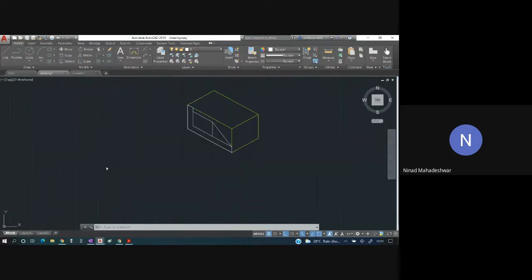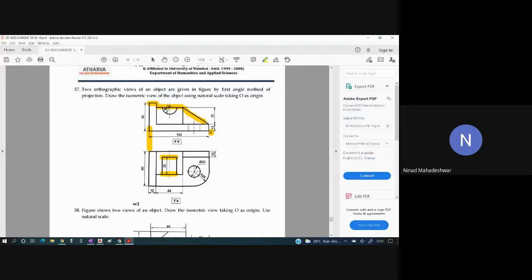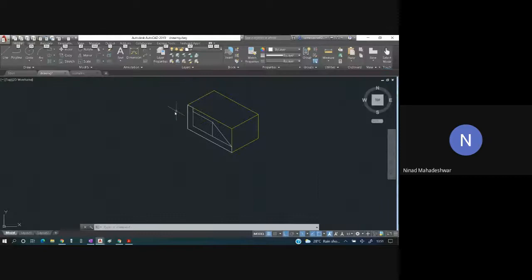The last part which we have to do over here is this semicircular part. Now understand this part very carefully, students. How to draw this? The function you will put is the ellipse function, or EL. If you press EL enter, you will come inside the ellipse function.